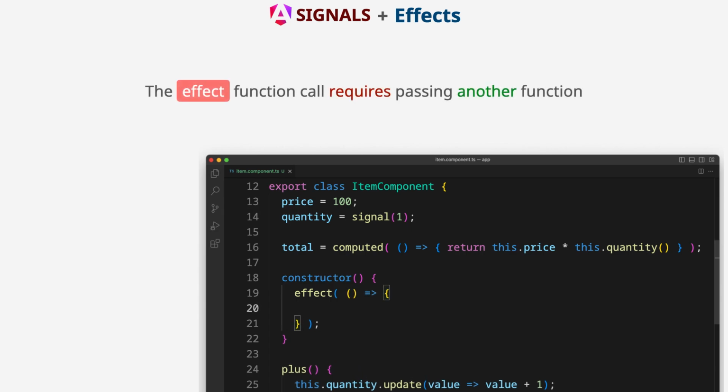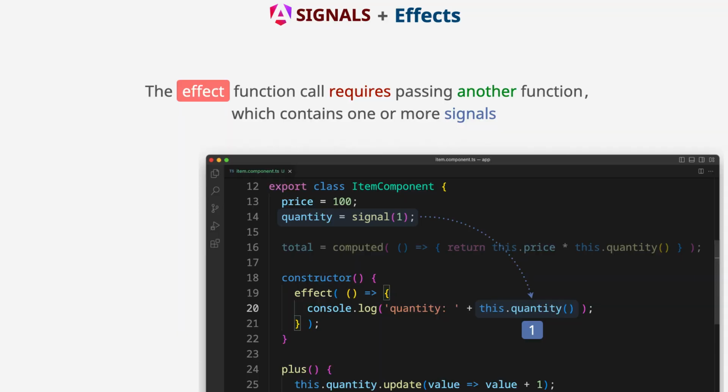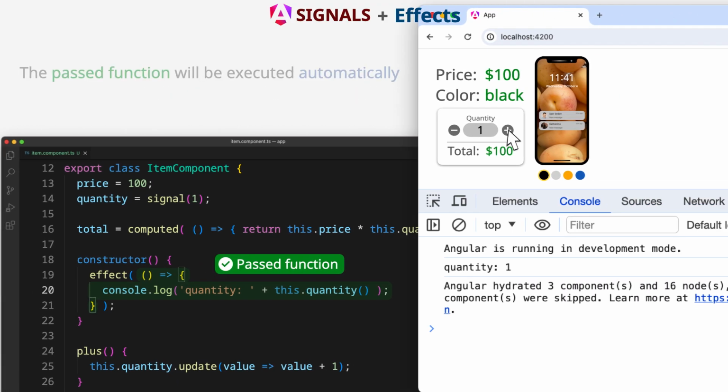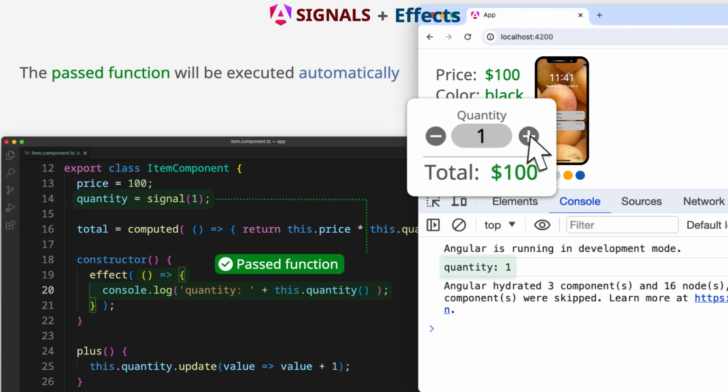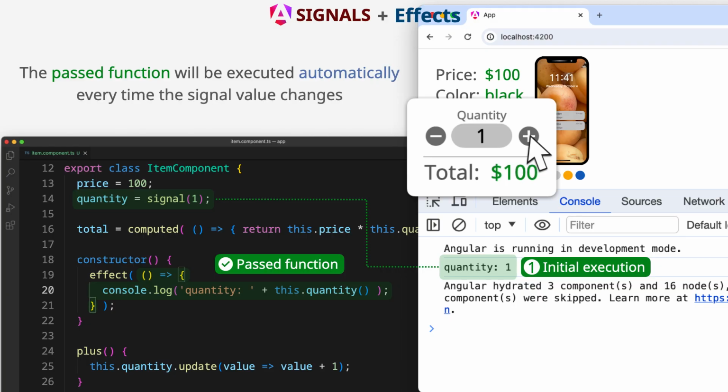The effect function call requires passing another function, which contains one or more signals. The passed function will be executed automatically every time the signal value changes.